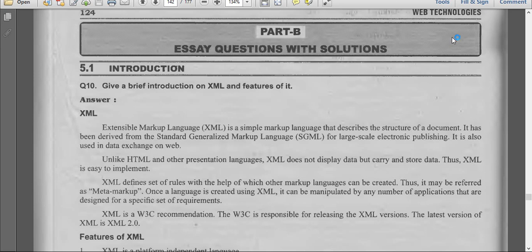XML is nothing but extensible markup language. Simply we call it an extension of basic HTML. It is a simple markup language that describes the structure of a document. It has been derived from standard generalized markup language, that is SGML, for large scale electronic publishing,